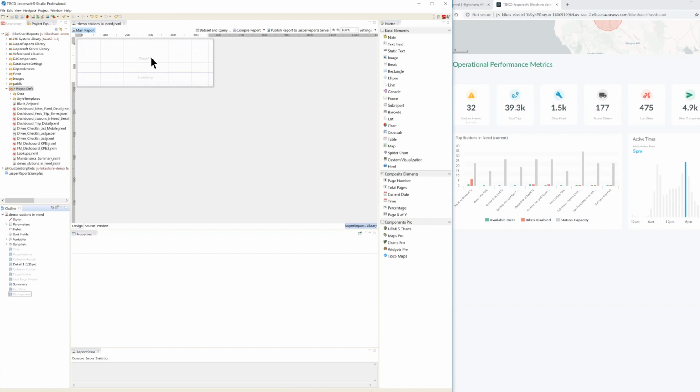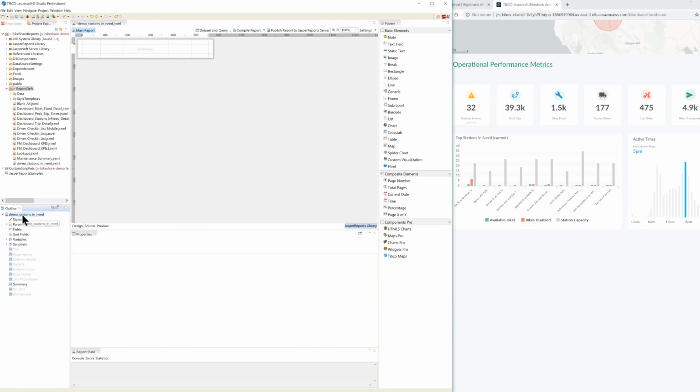Now, the detail band is a very special band for the reports in that every single row of data returned by your query will duplicate whatever is defined in this detail band. That's not what we want for a chart. We want a single chart that then will go ahead and display the data results that we hand it. So all we need for this report is the summary band. Now let's go ahead and delete the detail band. All right,